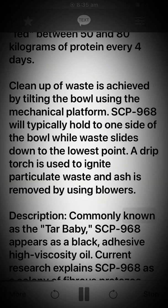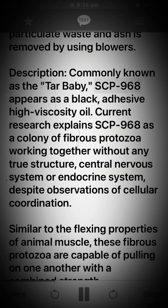Description: commonly known as the tar baby, SCP-968 appears as a black, adhesive high-viscosity oil. Current research explains